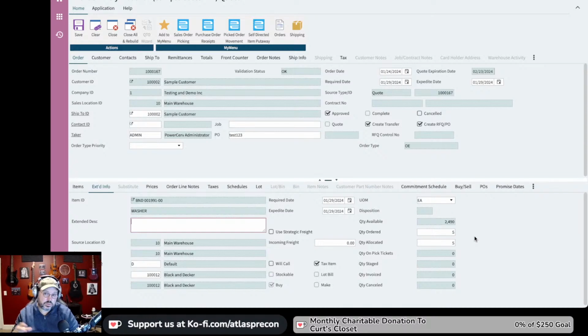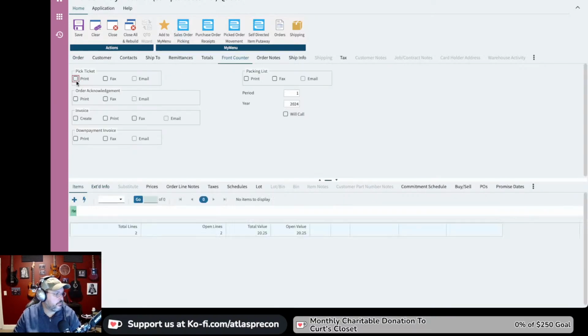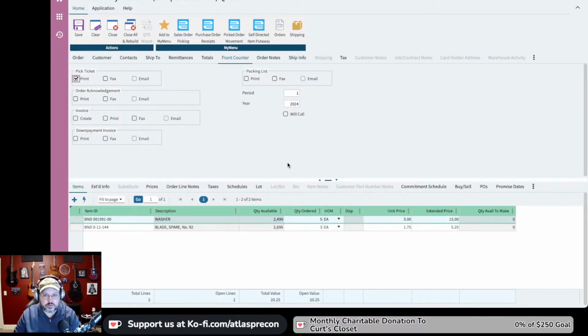Now, in most cases, you're going to have a background task running that creates pick tickets automatically on a schedule, usually every 5 to 10 minutes. That way you don't have to worry about creating a pick ticket and something getting missed. But we don't have a scan set up on this right now to do that. So what we'll do is we'll just forcibly print the pick ticket. And that is also done on the front counter tab. All of your print, email, fax stuff is always going to be done from the front counter tab. So you're going to click print, pick ticket,